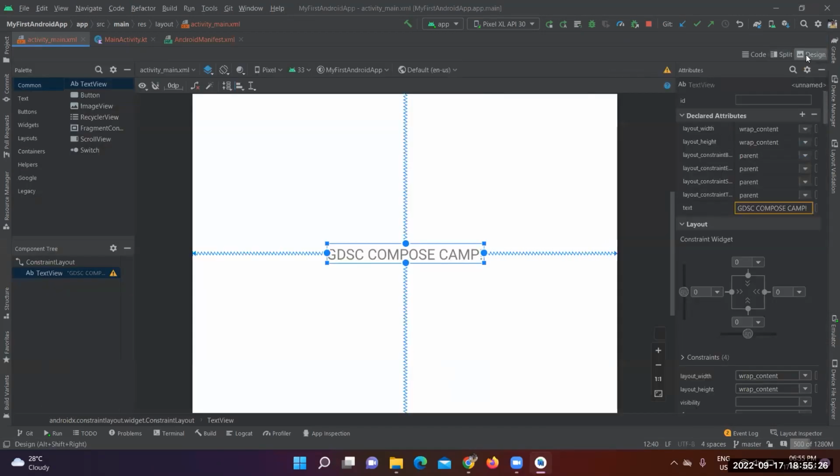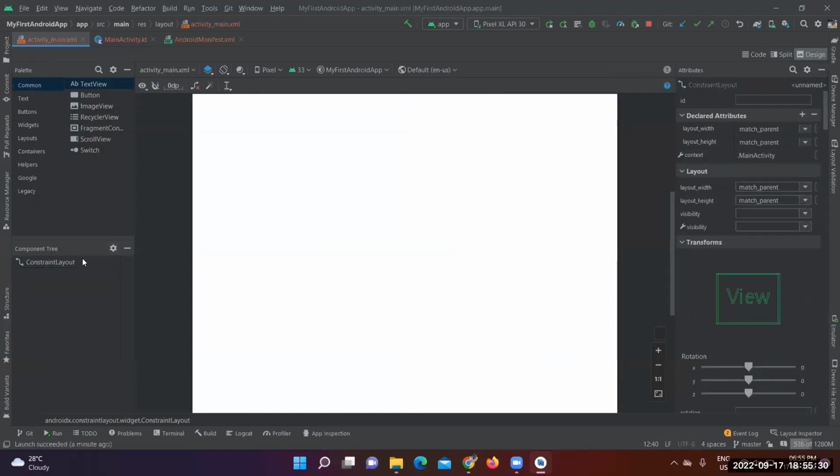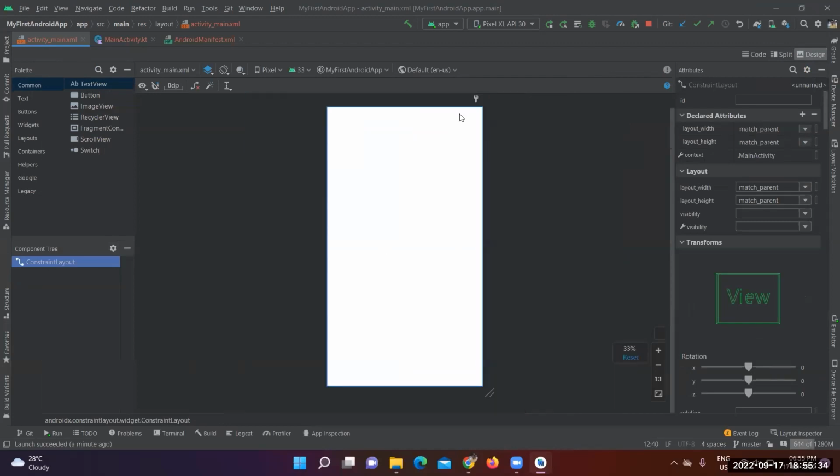And what is this feature? First of all, let's delete this. Here it's written that this one is a constraint layout. This is a basic container on which we can place views. Now, what are views? Anything in Android